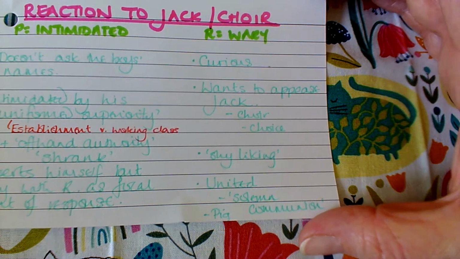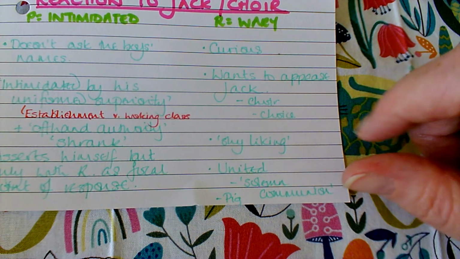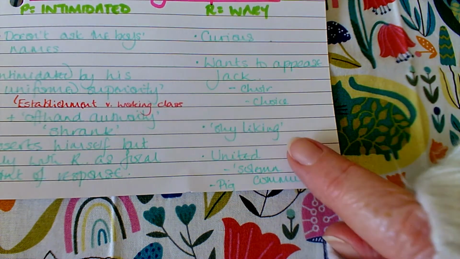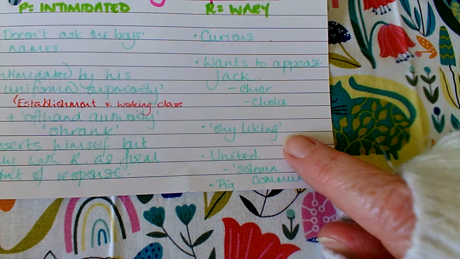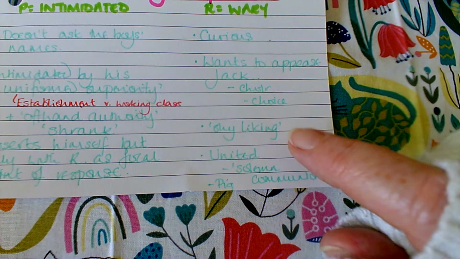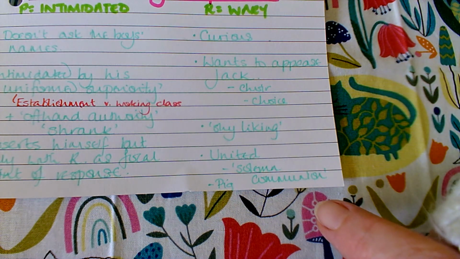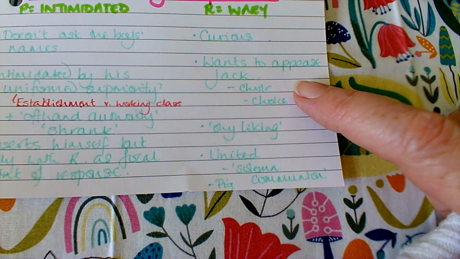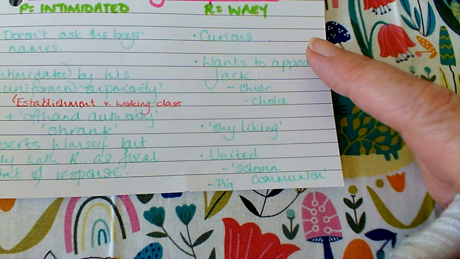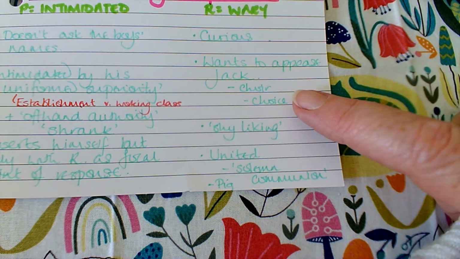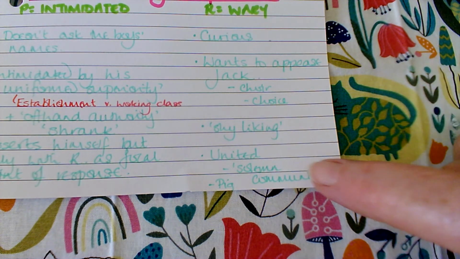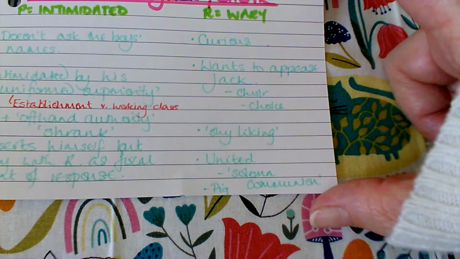He understands that he's got to keep Jack on side, and actually it is Jack and the choir who are able to go out and hunt for meat. And then despite the aggression that Jack feels, it says later that Jack and Ralph have a shy liking for one another. So again, that reveals that even though Jack has been quite aggressive, therefore made Ralph wary, perhaps intimidated, so that Ralph's had to manage him, they both sort of feel this shy liking, because actually they really are just children underneath it all.